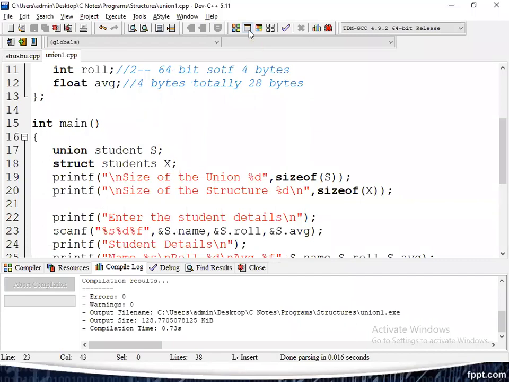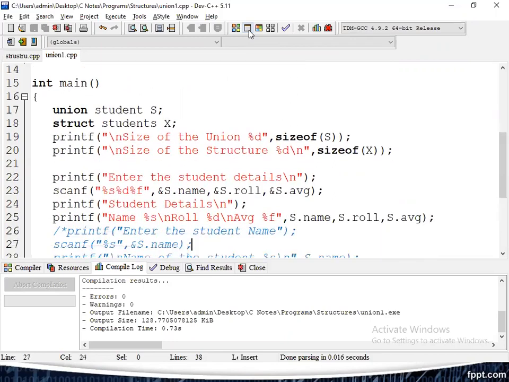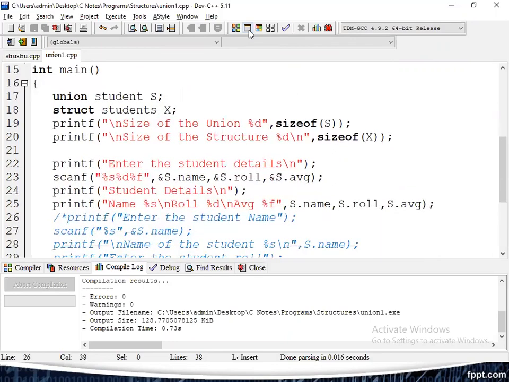Next time, that memory location stores the average information, then we can access the average information. Only like that can we access the information, then we can provide the proper information.